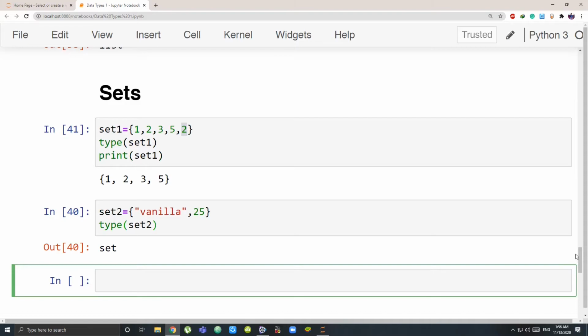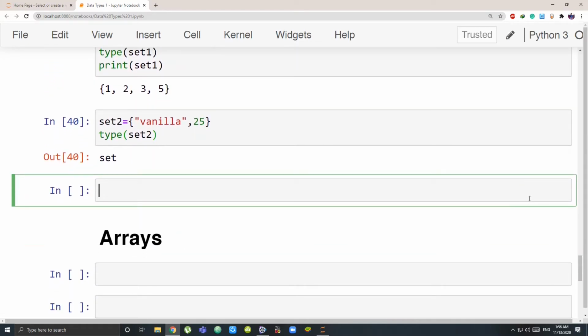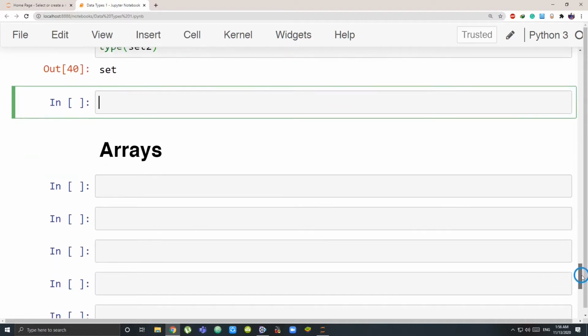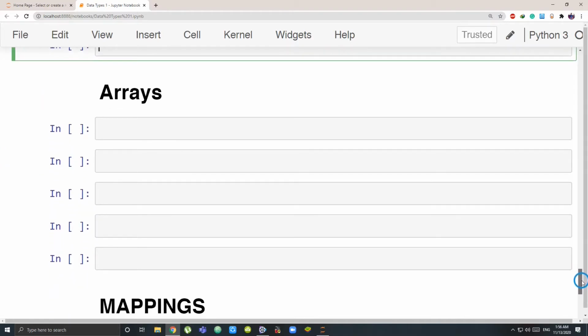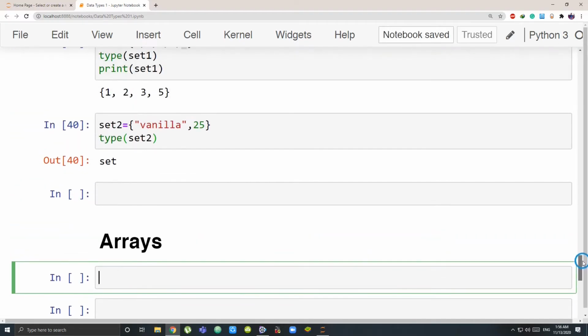So one of the uses of storing data as sets is to remove duplicate elements. One more use is that you want to perform unions and intersections. That's something that you do in mathematics with sets. You can do that also. One more thing I have to tell you before I go: sets don't have order.